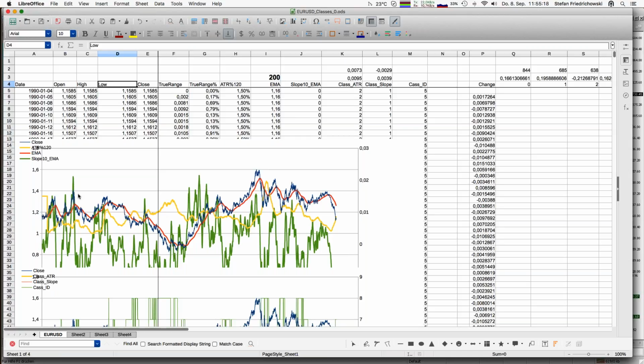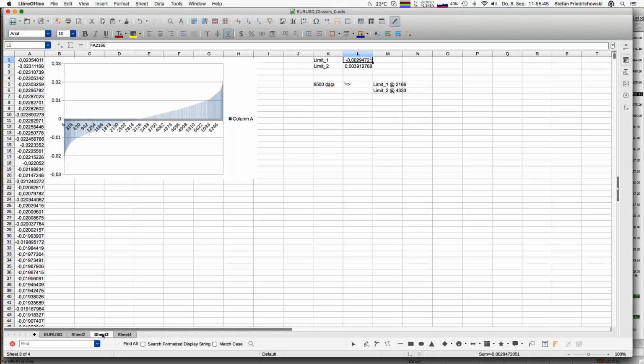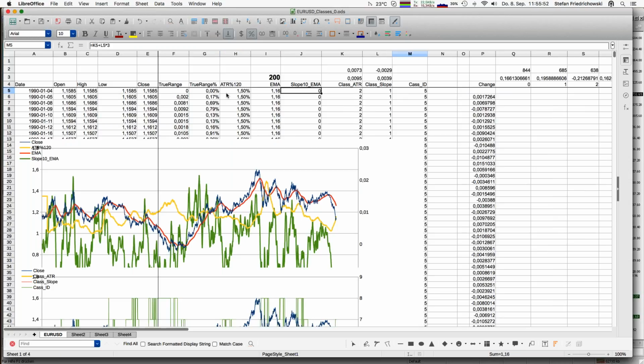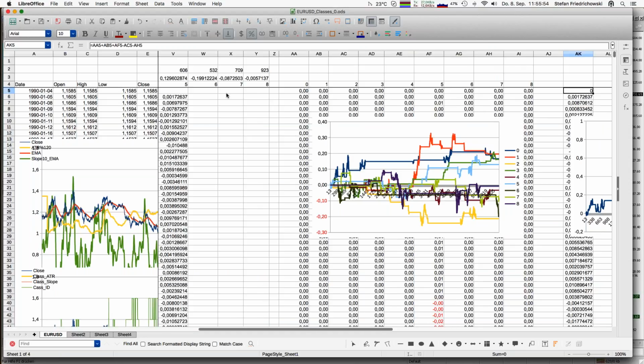What I want to show is that doing every step here with another underlying, of course, what I have done is I have recalculated the limits for ATR and the slope because we get different behavior there as well. For ATR values, you see that looks not the same like for the DAX. And for all the slopes of the EMA values as well, is not the same. But in principle, we can go right away here